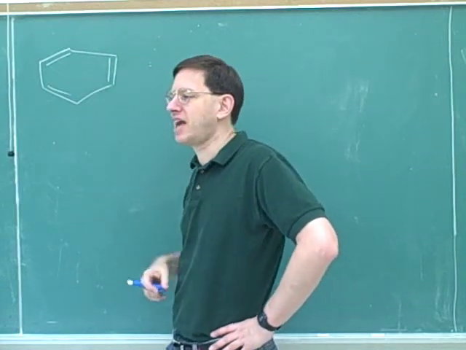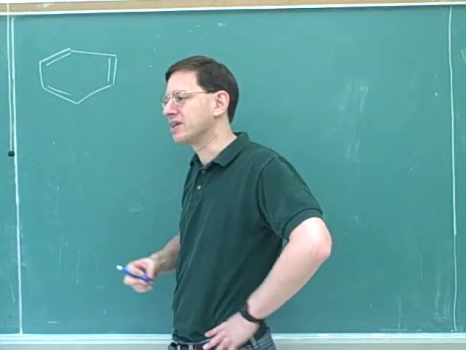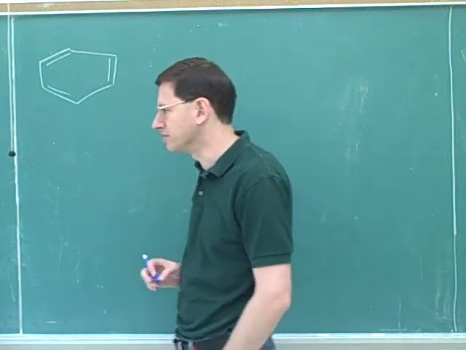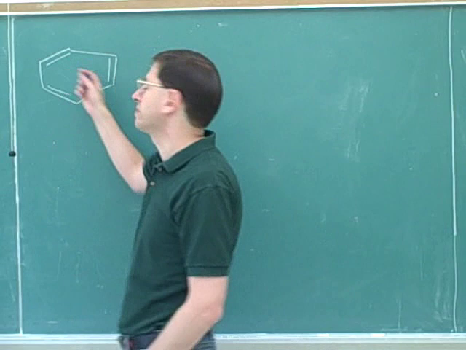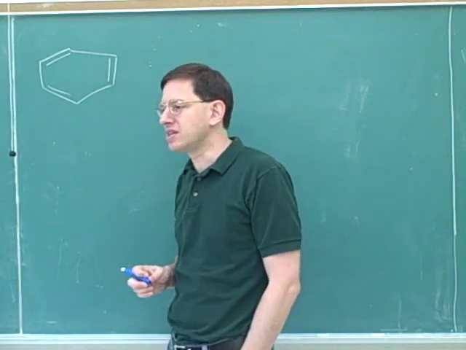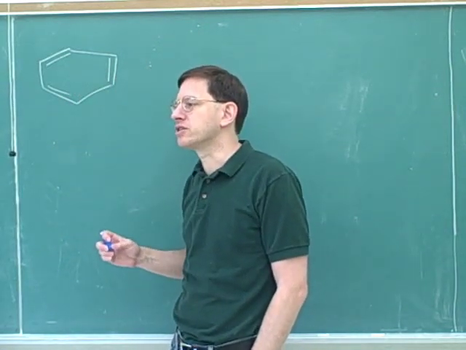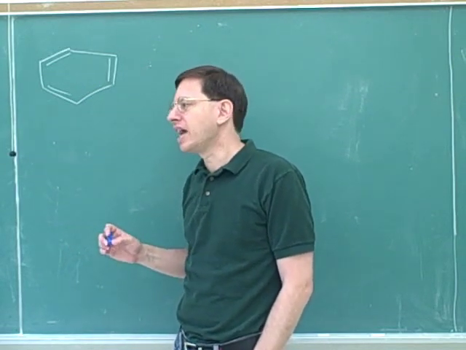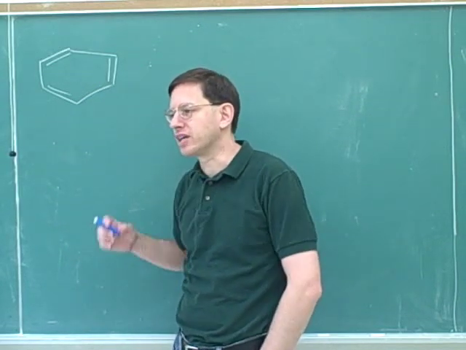Does that mean that benzene is happy or unhappy? Happy. Nature likes having aromatic compounds. This is a happy and stable compound. That doesn't mean that we might not possibly lose the aromaticity, but what it does mean is that if we lose the aromaticity, nature's going to get it back. In fact, I think that's going to be universal for these chapters. Anytime we lose the aromaticity, we're always going to get it back.